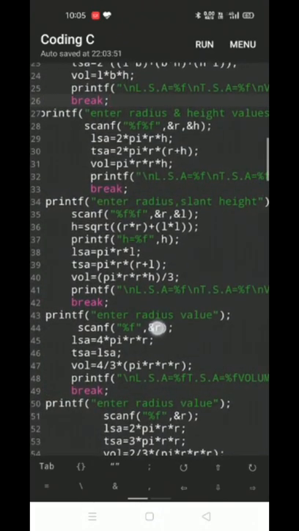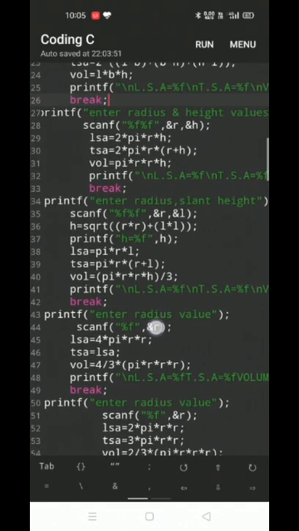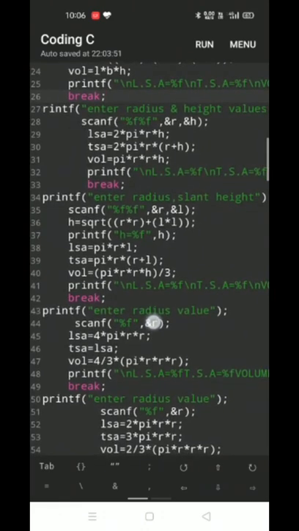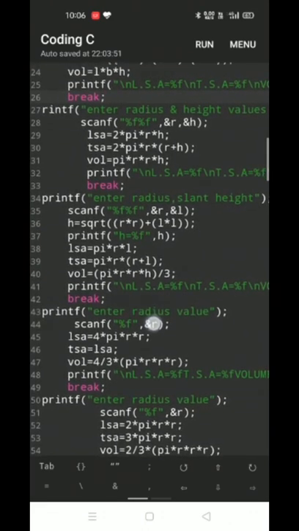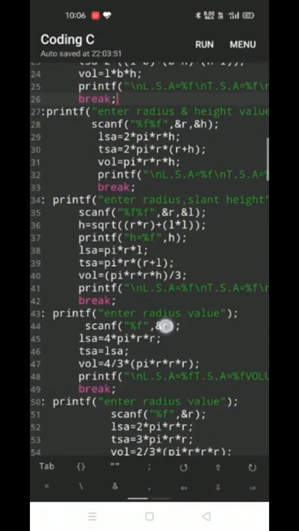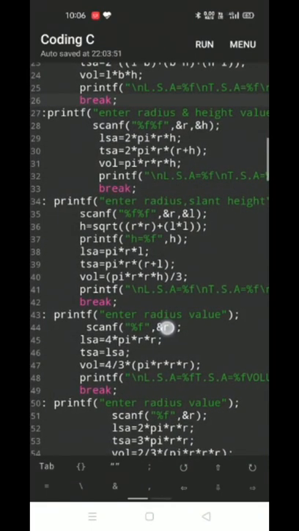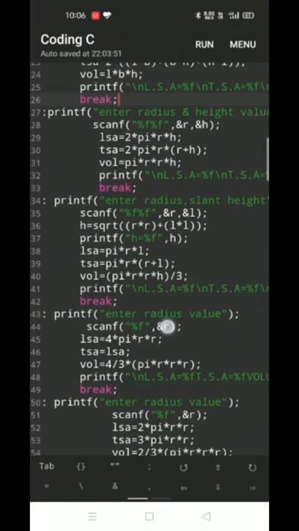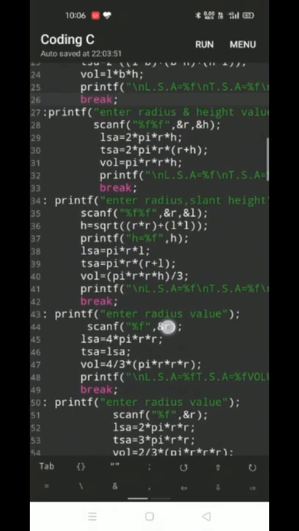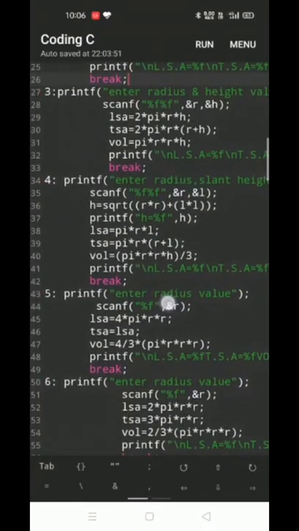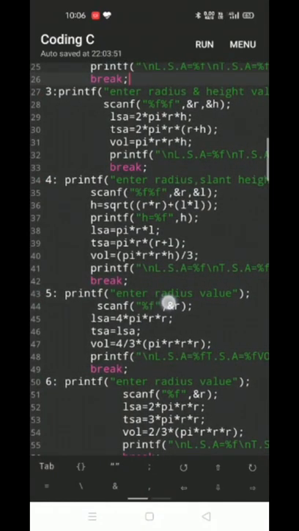We are reading the radius and slant height values using scanf, and then the height value, from the base to the tip of the cone, known as the actual height, is calculated using the sqrt function from the math.h header file, and then we are printing the height value.